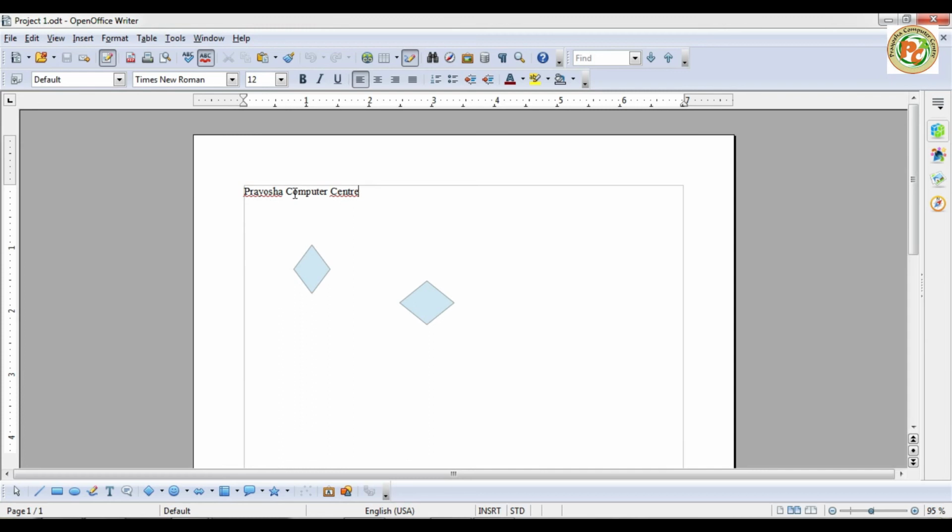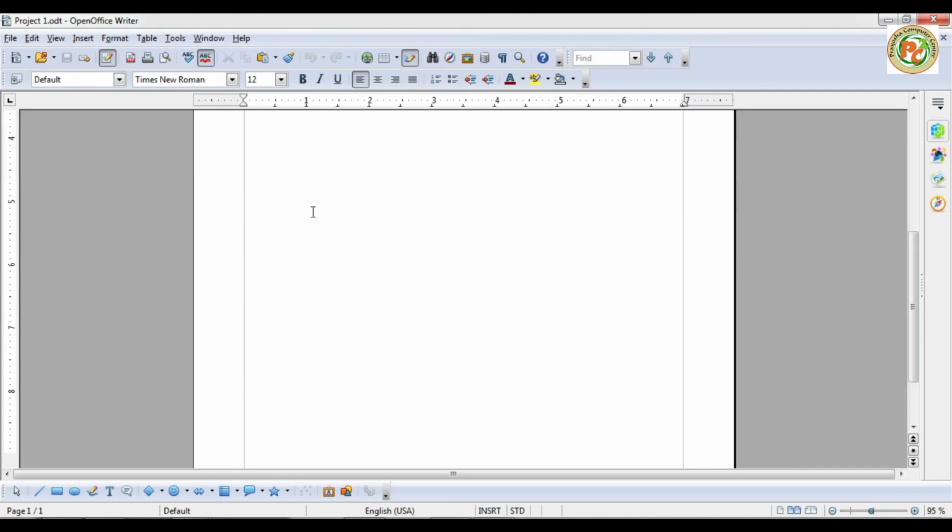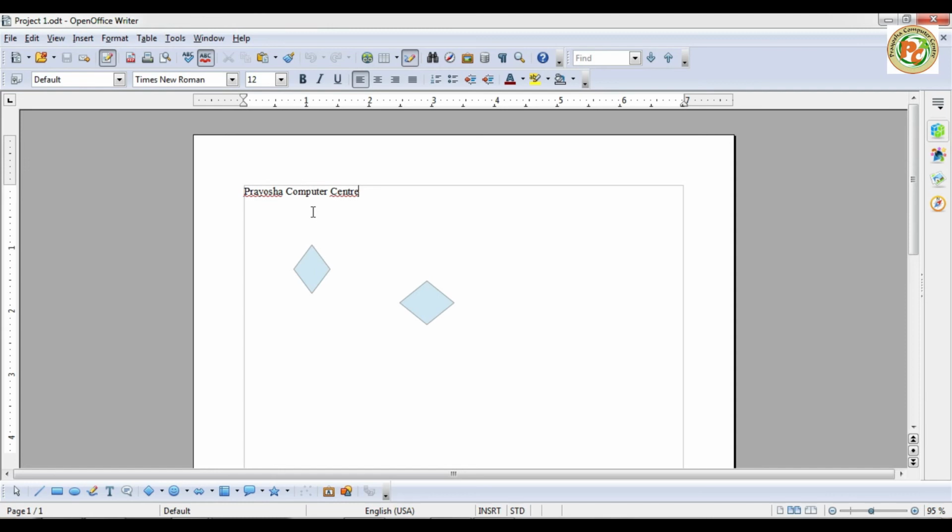Similarly, if you want to select an entire word with a single action, you can double click on that particular word and it is selected, and if you triple click, then the entire document will be selected. Same way, if you press Ctrl+A from the keyboard, then everything you have written inside will be selected. Same way, if you want to go page up or page down, you can use Shift plus Page Up and Shift plus Page Down for the upside and the downside.